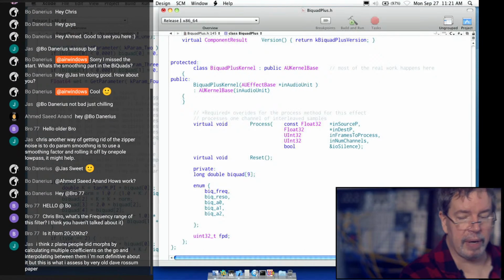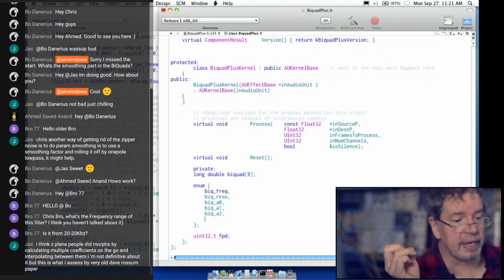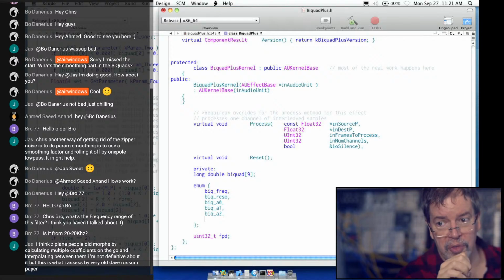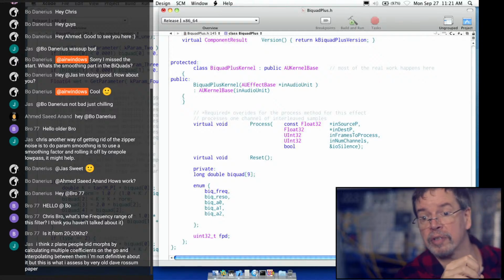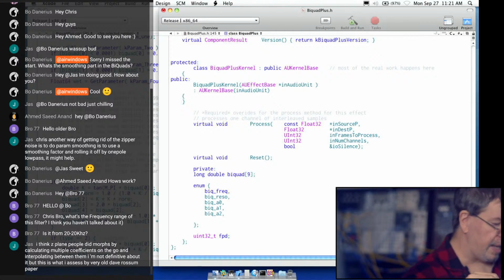One thing about my stock Biquad is it definitely does not leave off at just 20 Hertz. It'll go lower than that. The way that I'm using the long doubles means I can calculate Biquads with really wild values, although they cannot go higher than the Nyquist frequency without breaking. They can go very close to the Nyquist frequency, and it can go very close to 0 Hertz.